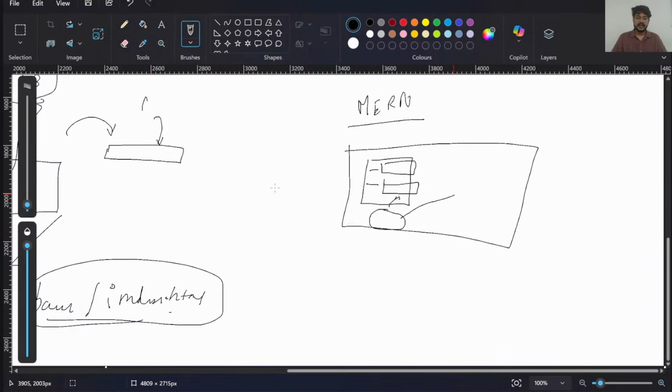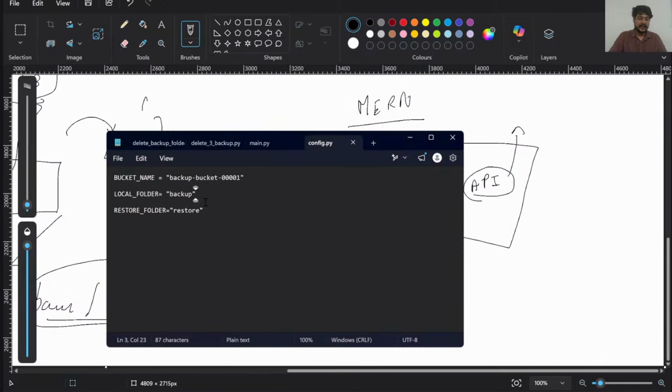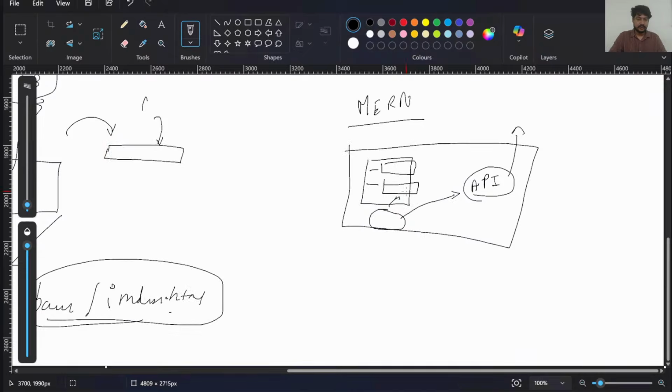Behind the scene, using an API key with some put method, get method, it will go and put the object inside S3. So this project which we built here, anybody in the world who wants to do a backup of the bucket, update something in the bucket, or restore the backup, just has to change three different values. So, a very interesting project. Next project which we have lined up.